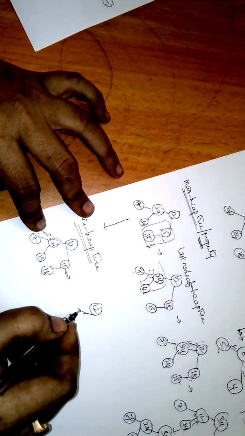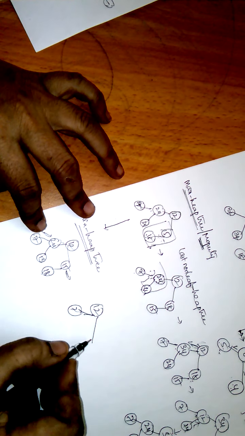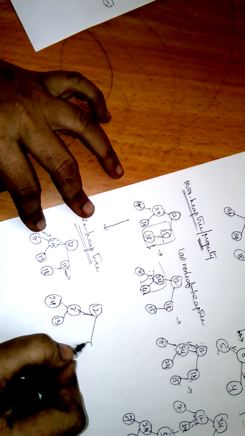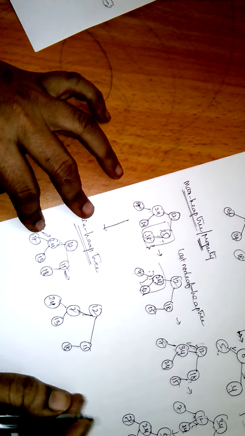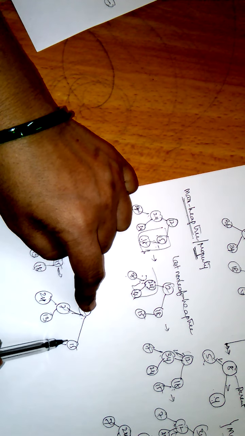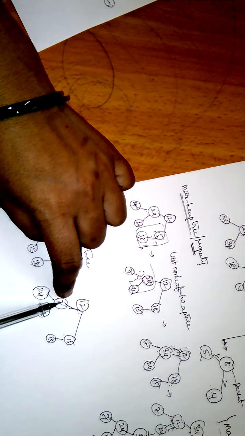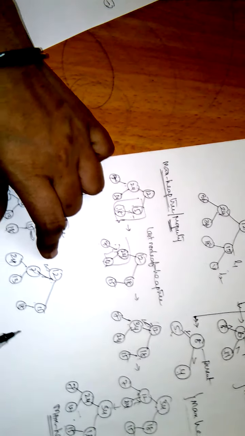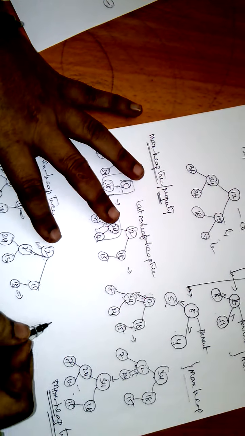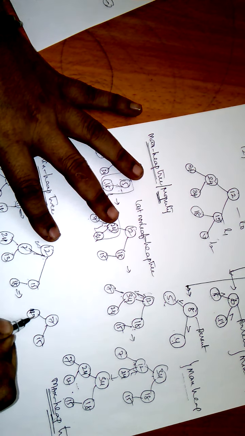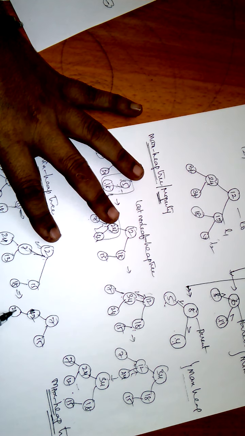So the tree structure will be: 12, left is 7, and here 24, 13, and next 15 and 18. Now compare 12. The two child nodes are 7 and 15. 7 is a lesser value than 12 and 15, so swap 12 and 7. The structure you get next is like this: 7, 12, 15, then 24, 13 and 18.